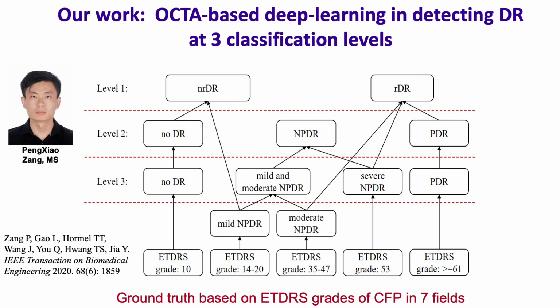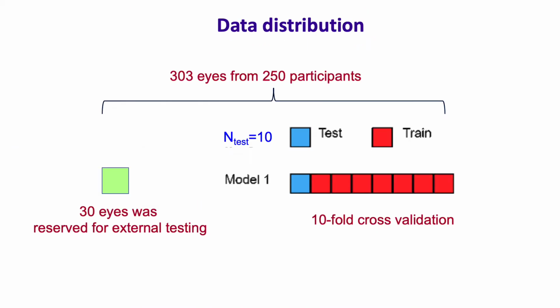In the first level, the cases with a score higher than 35 were put in the referable category, and others were in non-referable. Here's the number for each group. In the whole dataset, we reserved the scans from 30 eyes used for independent and external testing. All other scans were divided into 10 subsets, and 1 subset was dropped from training and used for testing. So 10-fold cross-validation was performed in this